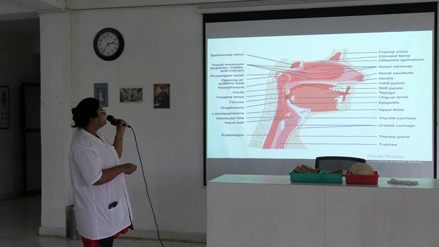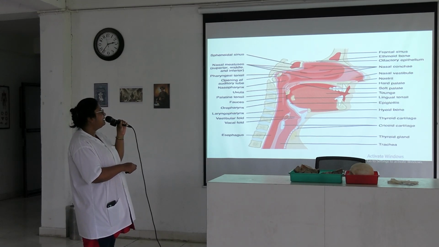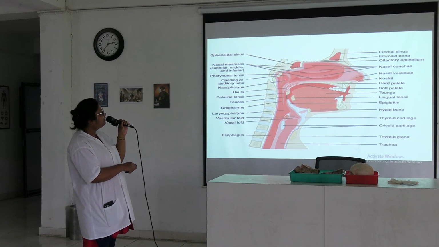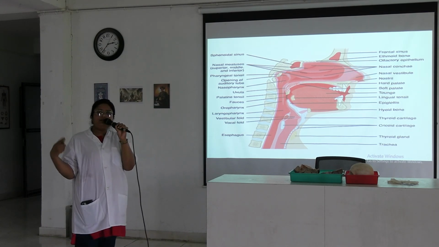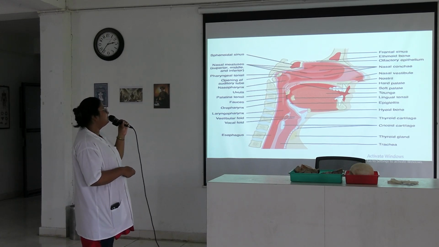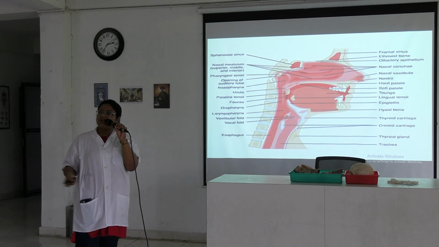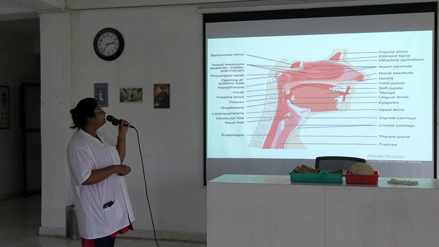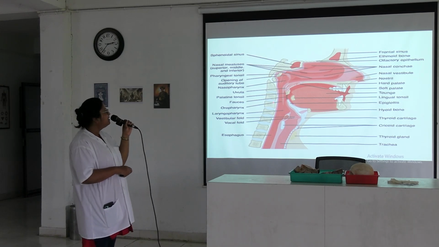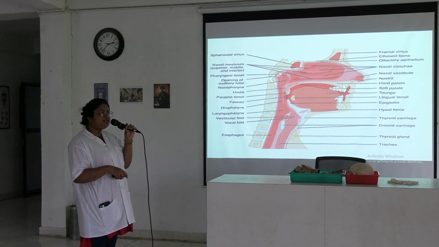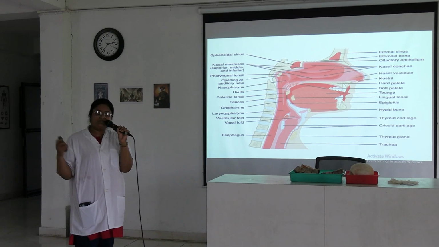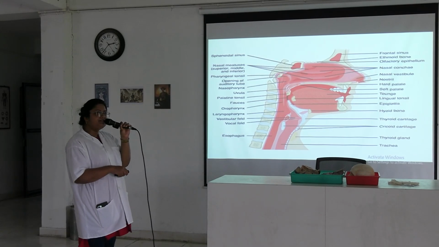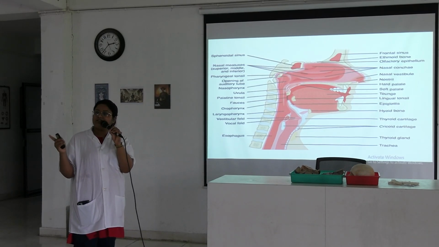So this is the palatoglossal arch in front of the tonsillar fossa, and posterior to the tonsillar fossa will be the palatopharyngeal arch. The palatopharyngeal arches of the two sides, above the soft palate and below the upper end of the epiglottis, all together form the oropharyngeal isthmus. And here a sling of muscle is known as the Passavant ridge.